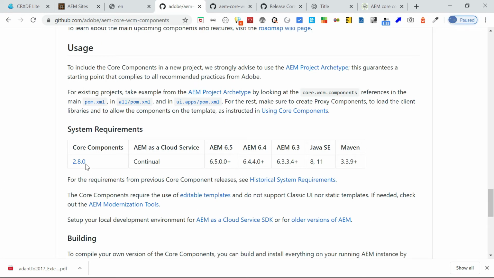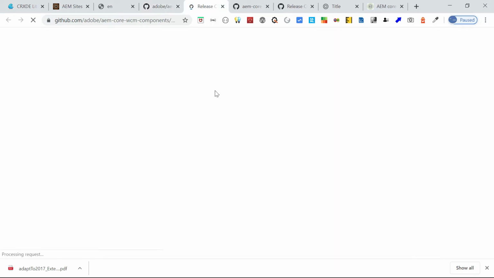It also has some details on the version. The current latest version is 2.80. It is supported by AEM 6.5, 6.4, and 6.3 specific versions, and lists the Java and Maven versions required. You can go to 2.80 and click on that.